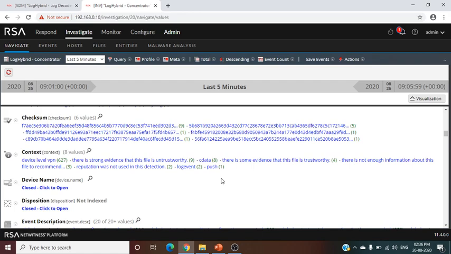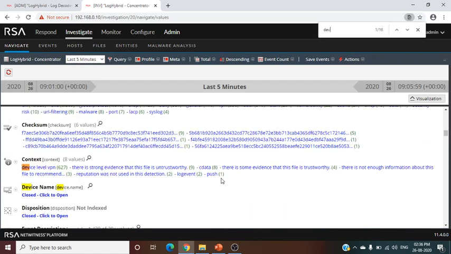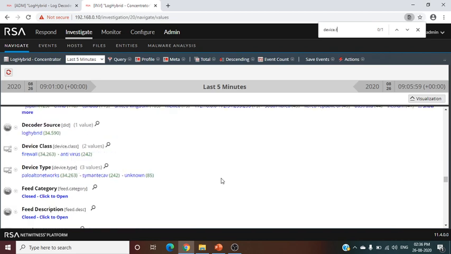Now coming to device type, device dot type. Palo Alto Networks log is coming under unknown. The parser is not enabled. We will fix this issue later.